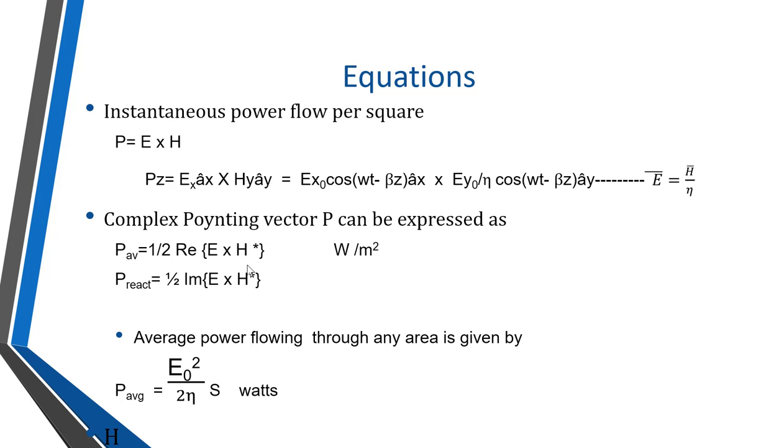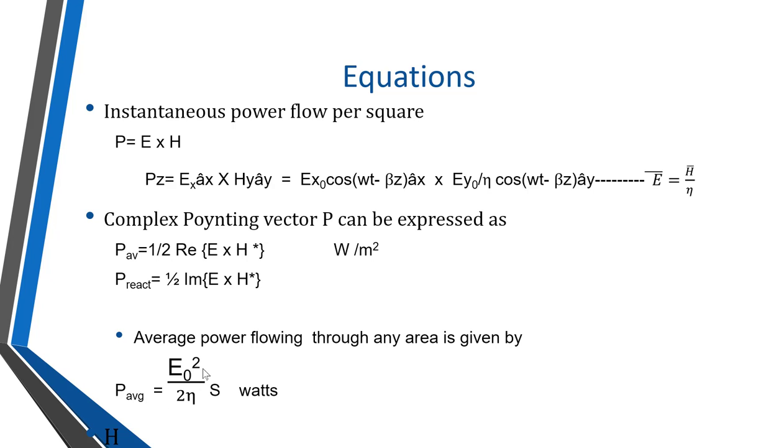Okay, if E bar and H bar are expressed in terms of complex quantities, then if the real part of that equation is taken, it is average power. If the imaginary part of that expression is taken, then it is reactive power. So we can write this expression, P average and P reactive, in watt per meter square using the Poynting vector. And the third equation: we can write the average power flowing through any area